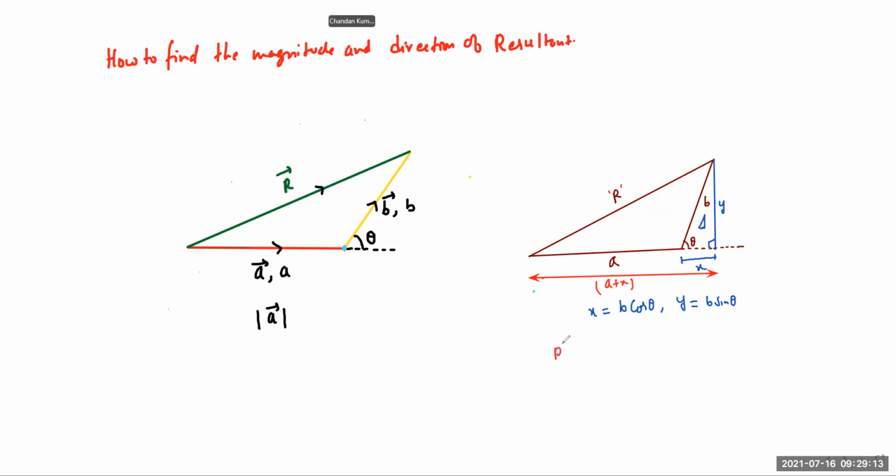So R square equals (a plus x) whole square plus y square. This is how we begin any derivation, because the only thing we know is the Pythagoras, and therefore we have to proceed from Pythagoras to the other complex situations. So the R square is how much? (a plus x) whole square plus y square. And therefore,